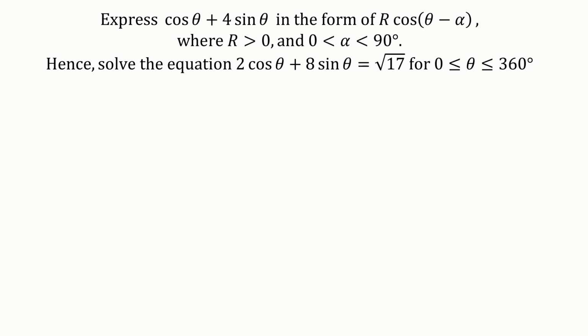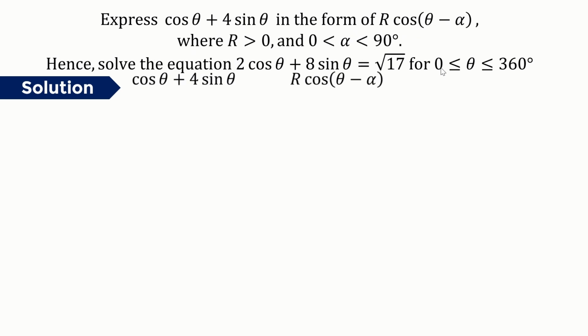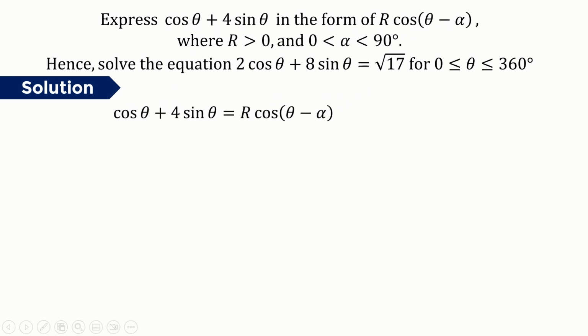Express cos theta plus 4 sin theta in the form of r cos(theta minus alpha), where r is greater than 0 and alpha is between 0 and 90 degrees. Hence, solve the equation 2 cos theta plus 8 sin theta equals root 17 for theta between 0 and 360 degrees. Alright, so to solve this, first from the expression cos theta plus 4 sin theta,